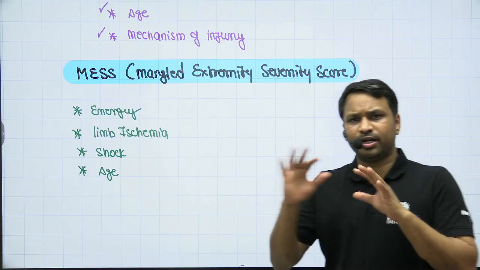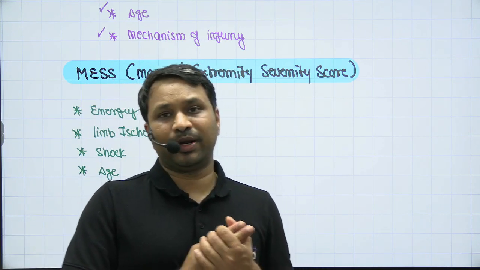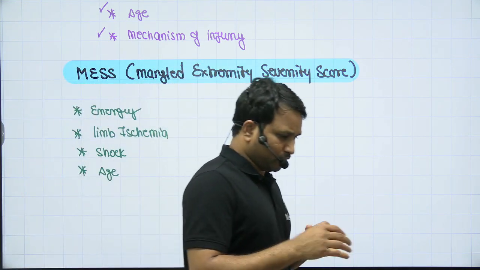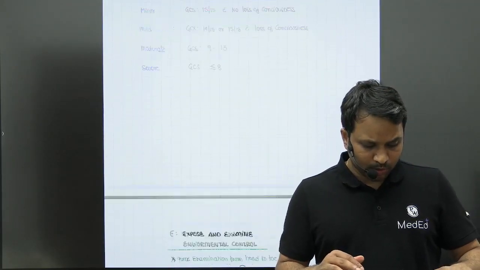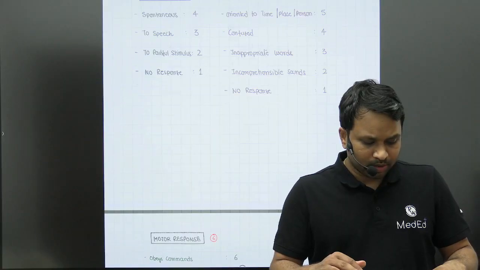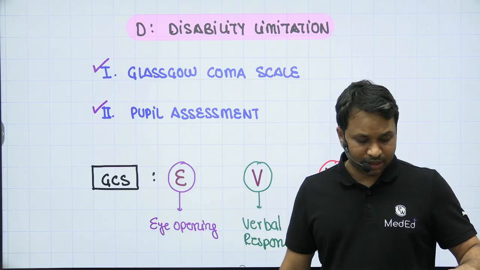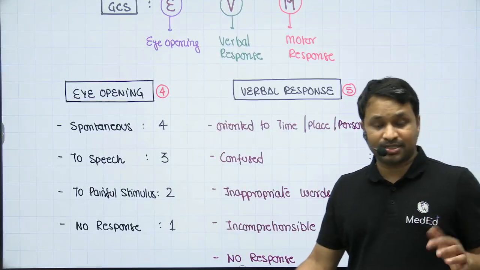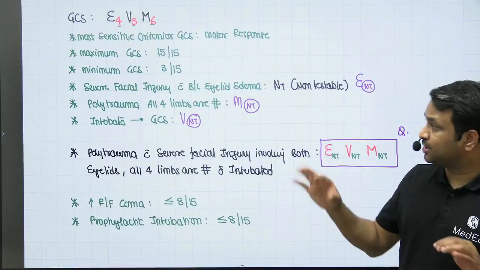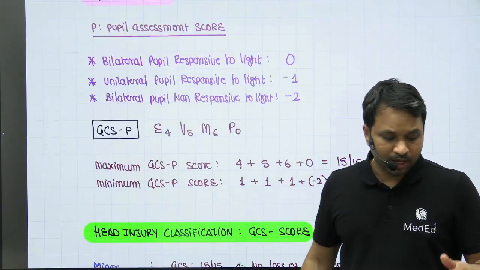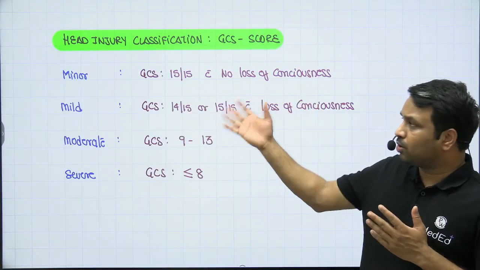I don't want to go into greater details about the MESS. I've spoken in detail about the injury severity score. That is going to be quite important from the practice point of view also. So today's lecture was quite dedicated towards the two components that we spoke about. Number one is your Glasgow Coma Scale in the domain of disability limitation. We understood how we calculate the GCS score, its significance, and how we are going to interpret the GCS scores in our clinical practice. We looked at the new component, that is your pupillary assessment scoring systems. We spoke about how you categorize the head injuries